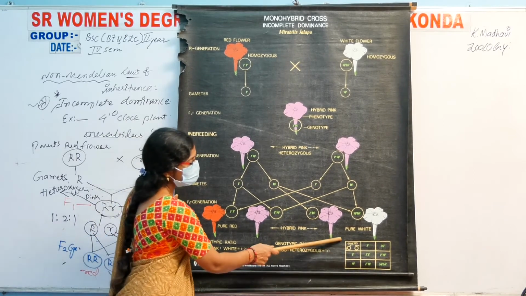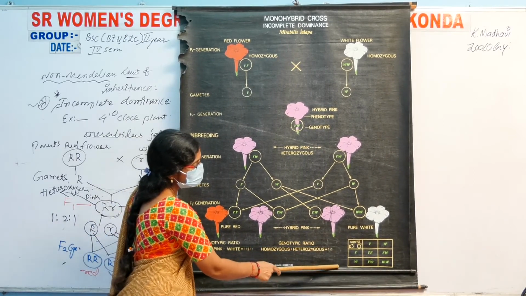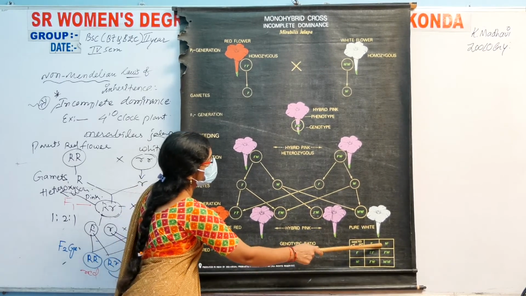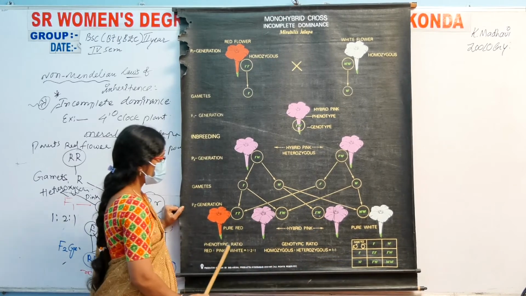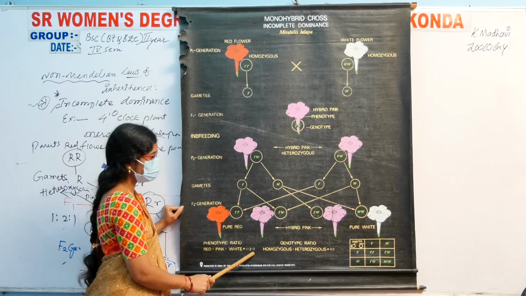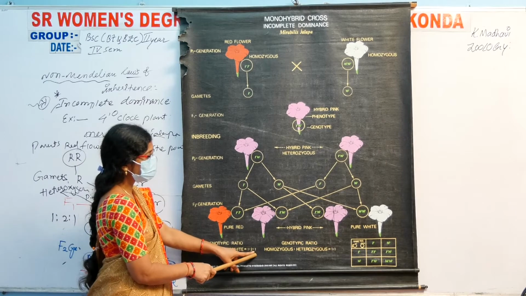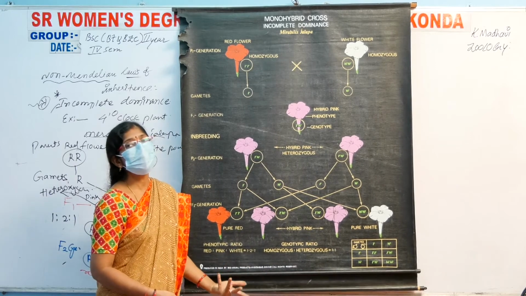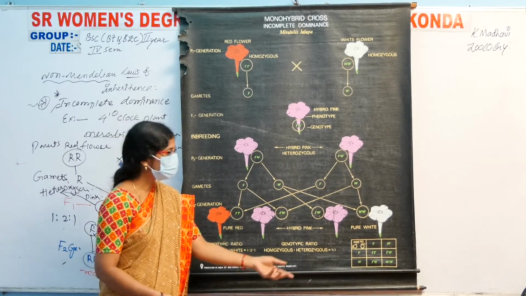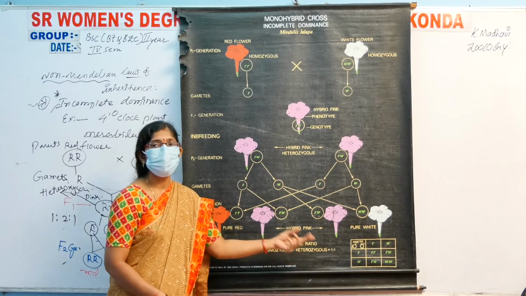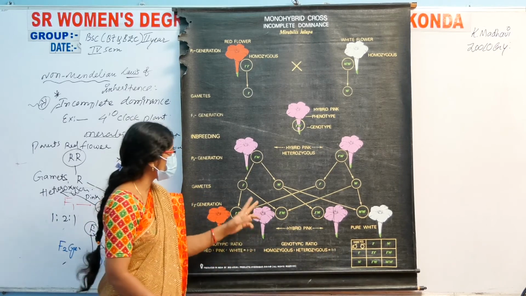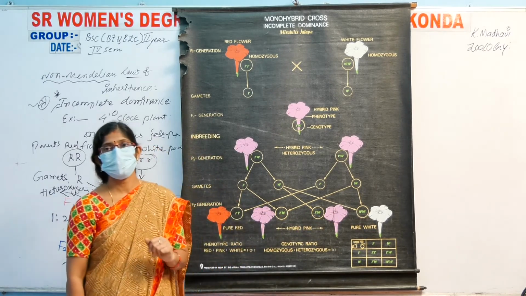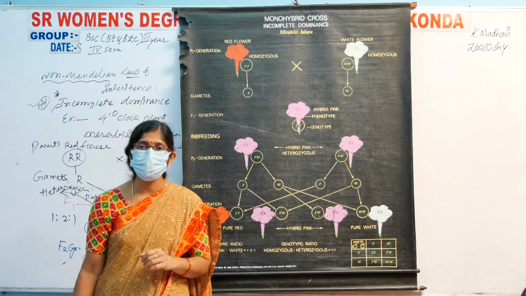The Punnett square box tells us what? The genotypic ratio is taken on this side and this side, and the cross shows a 1:2:1 ratio. The homozygous and heterozygous are equal here. That is 1:1. Homozygous condition is 2 and heterozygous condition is also 2 flowers. This is about incomplete dominance.